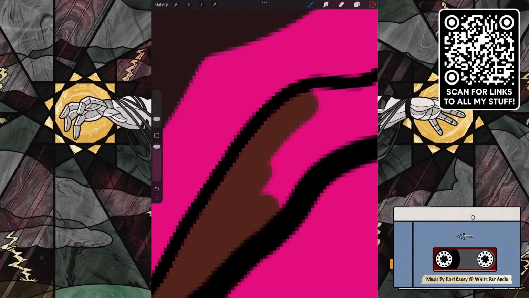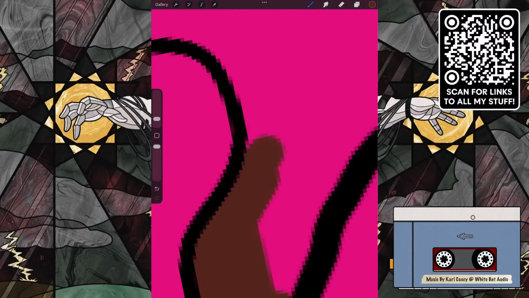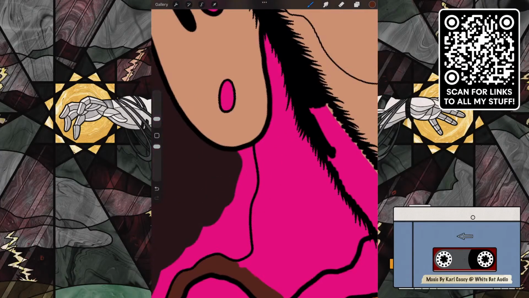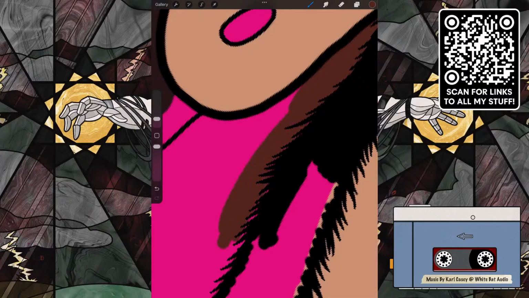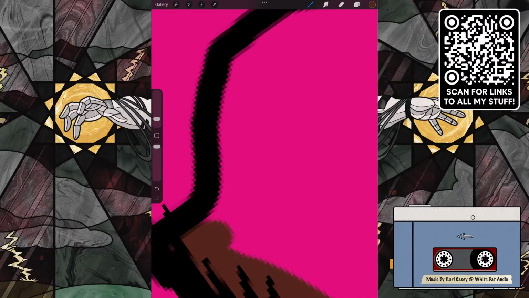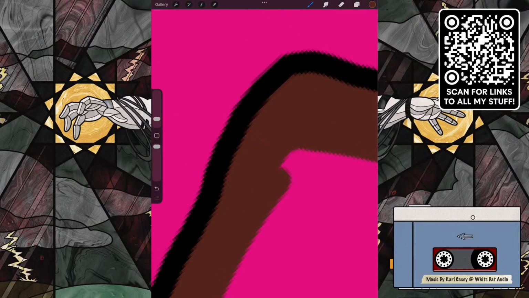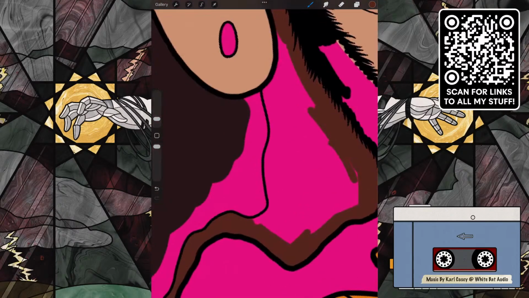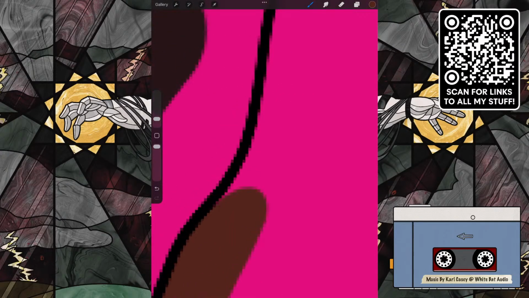Now, everybody, can I be honest with you? I don't know anything about color theory, but I do know there's bouncing light. And the real reason I want to do it is so that I don't have to destroy all these hairs. I want these hairs to be preserved. So I immediately pulled an emergency actual art theory justification for doing something that I wanted to do anyway, which was have the color be slightly lighter so that I could preserve the hair. But it does have its roots in actual art theory, which is the idea of bounced or reflected light.